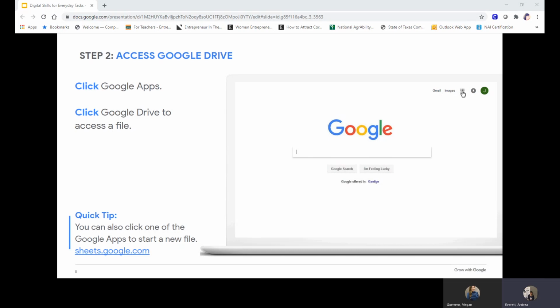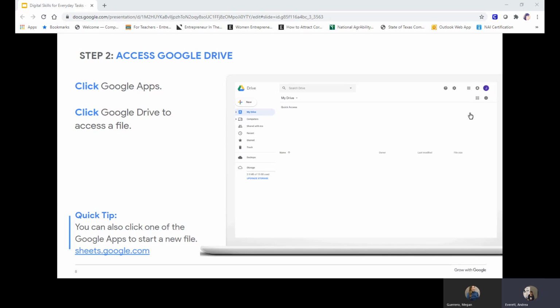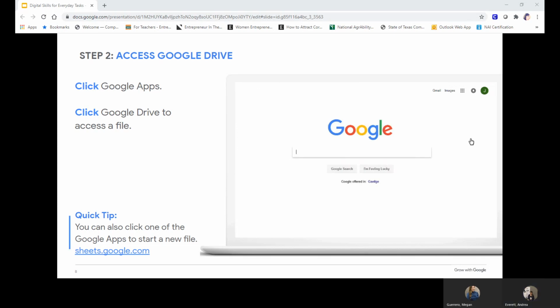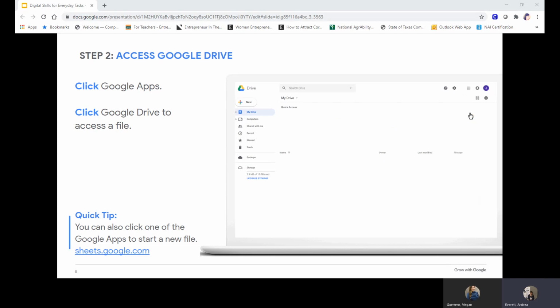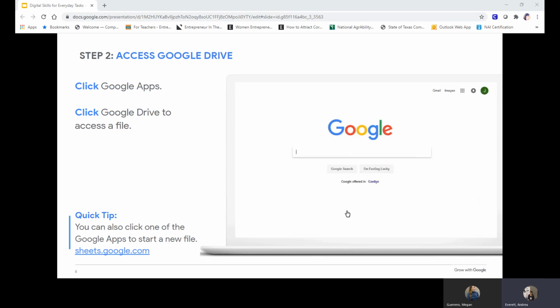At the top right, select the Google Apps icon. From here, you can access all the Google applications that come with your account. Keep in mind your most recently used apps will appear first. Select More to expand the list. You can get the Gmail, Sheets, and Slides here. You can also access your Google Drive where all your projects are stored. Let's take a quick look at Google Drive first.